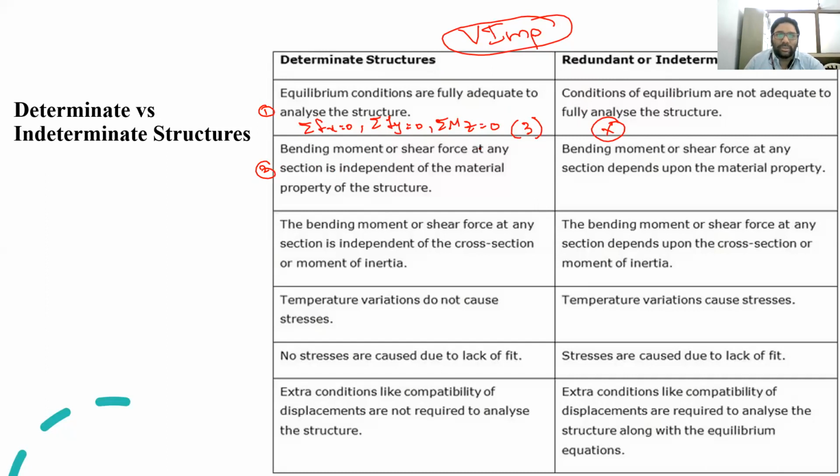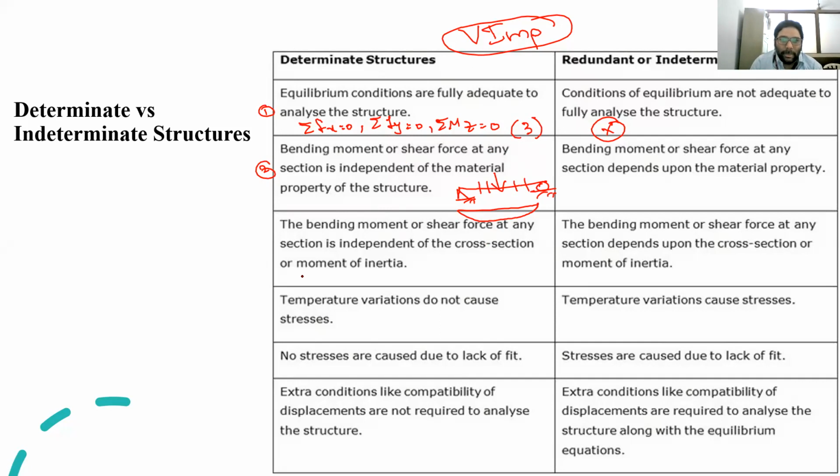Now, the second point: bending moment or shear force at any given section is independent of the material property. A very interesting point is coming now. We have to analyze the determinate structure. Wherever we are trying to calculate a bending moment, for example, I am taking a simply supported beam. This is pinned and this is roller. If it is subjected to a point load at the center, then you will sketch the bending moment like this, isn't it? And correspondingly the shear force also. Now at any given section, I want the bending moment here or here or anywhere, whatever the